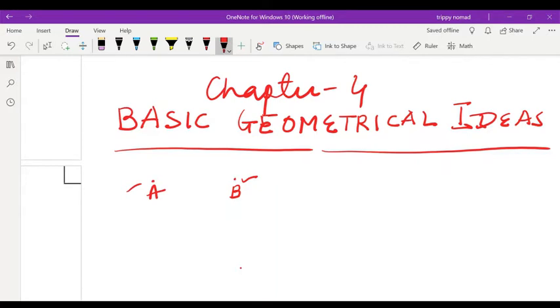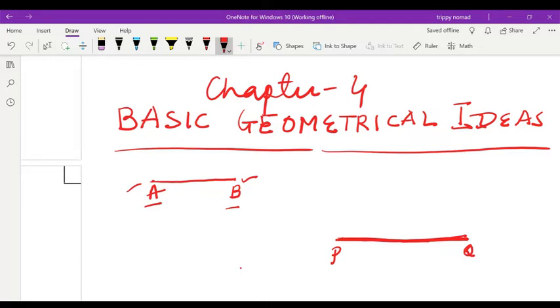If I join these 2 points, point A to B, and in the same way I draw a few more points P and Q, and stretch these points and join them like that, what is this called? The stretched piece of thread. If you stretch that, what is that called? Line segment. This P and Q is called a line segment. I hope you understood.